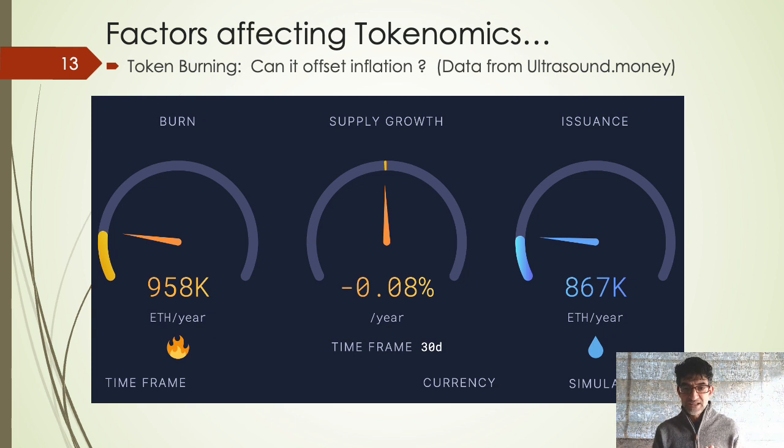This is the website and chart I think you should all be aware of. I'm sure many of you know this. This is Ethereum's burn, from Ultrasound Money, and everyone goes on it all the time to see if Ethereum is like Bitcoin. And it turns out, yes, it is like Bitcoin, because Ethereum, believe it or not, actually has lower inflation than Bitcoin. Bitcoin has 1.8% annualized inflation, which is going down to 0.9% during the next halving, which is going to be in April of this year. But right now, as of today, Ethereum has flat inflation.